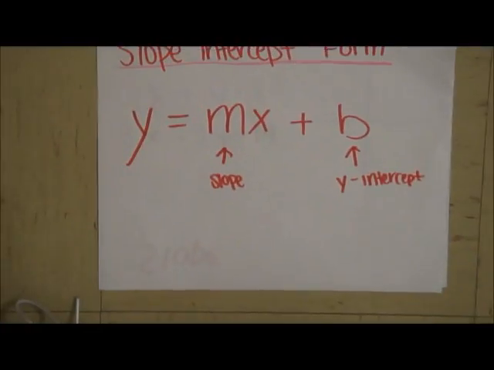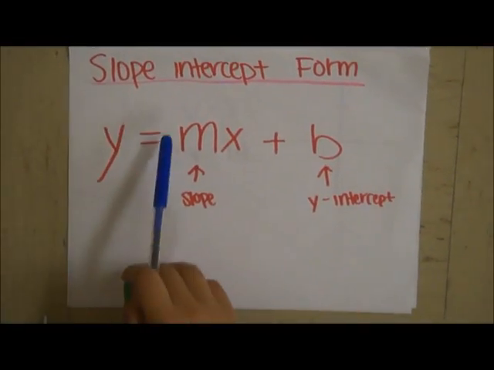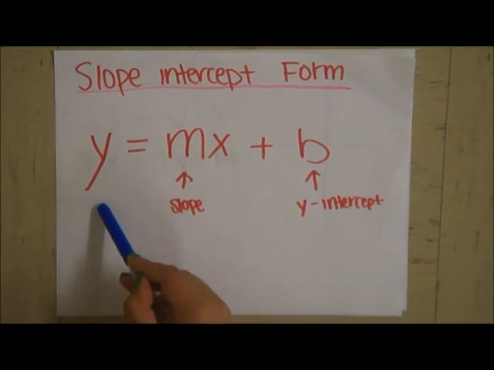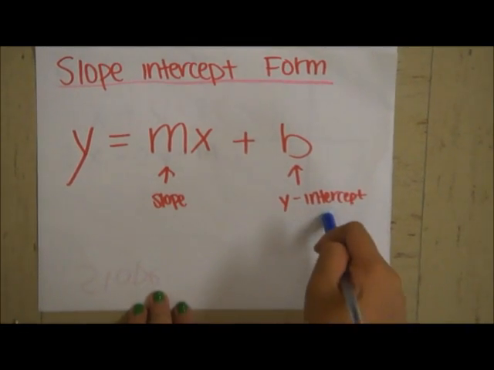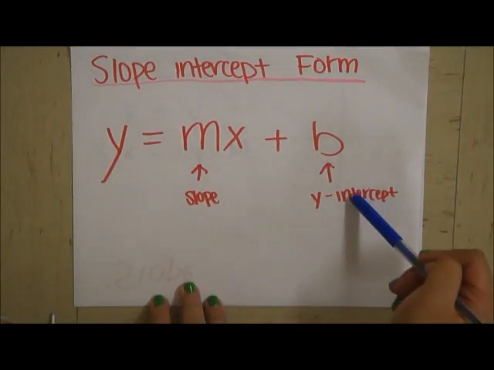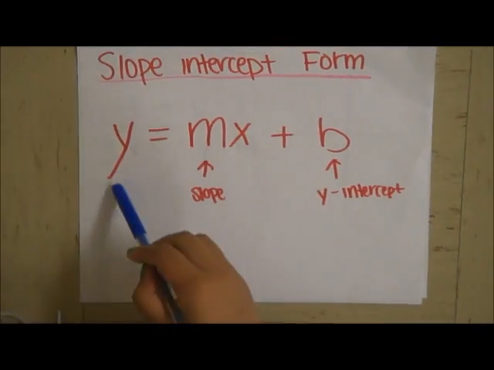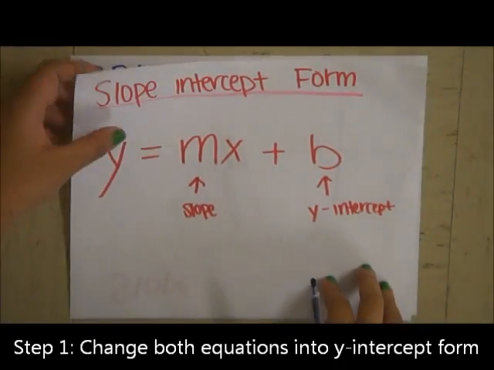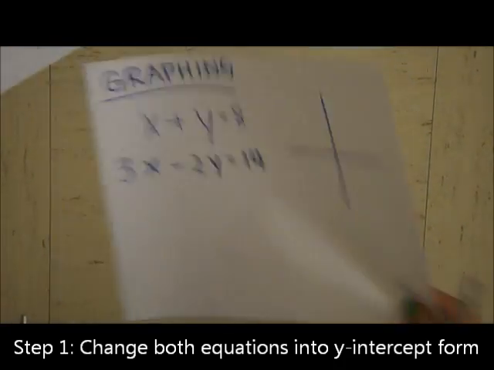So for graphing, you need to know the slope-intercept form. It is an equation which is y equals mx plus b. The m represents the slope, and the b is the y-intercept. y and x are the variables that you have to figure out. So for graphing,